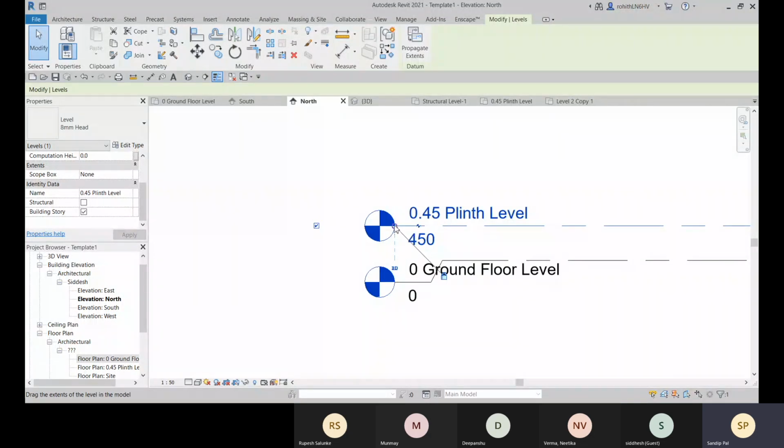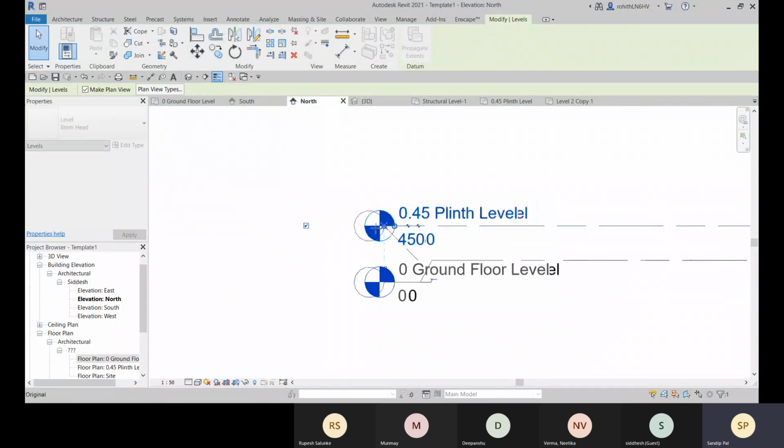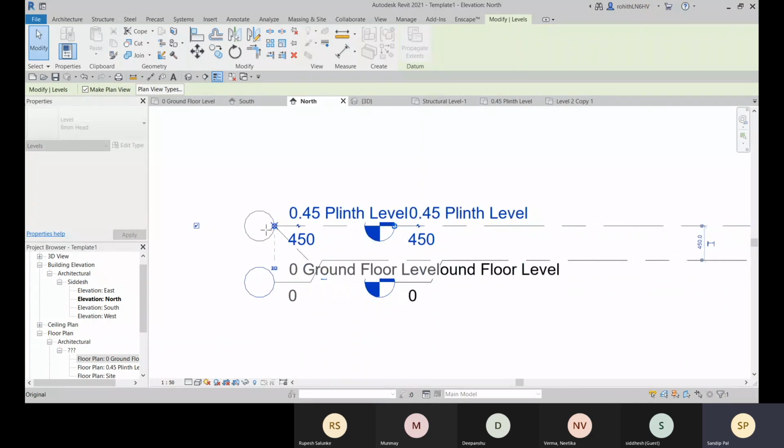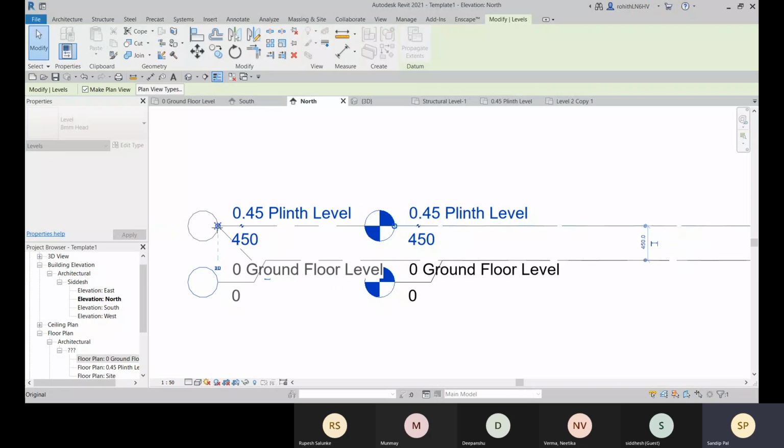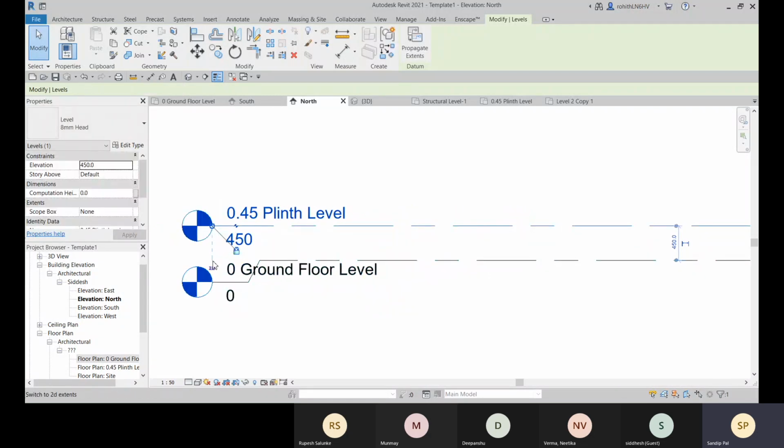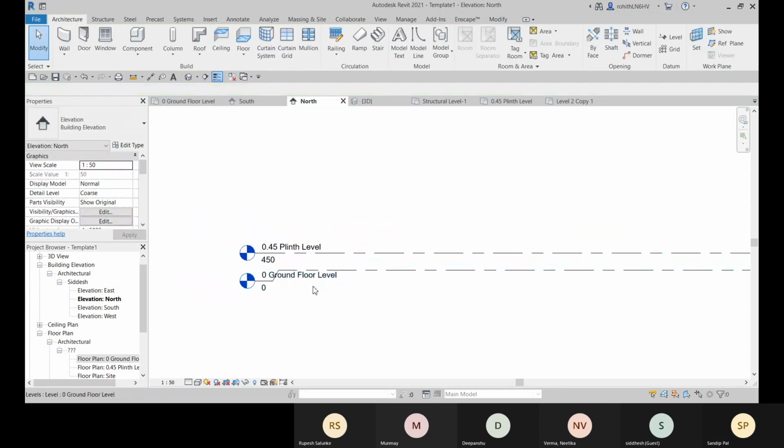So this is the option to drag and position. And because it is locked, I'm changing the position for the other level. So it's locking that orientation. It's maintaining that perpendicular. Okay.